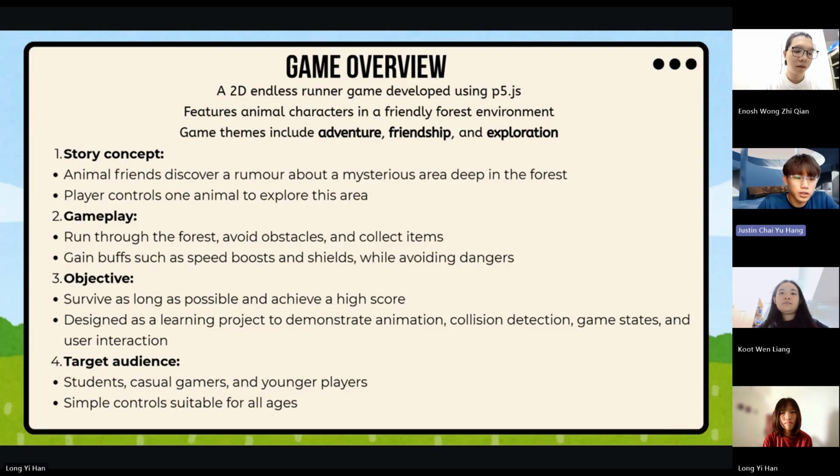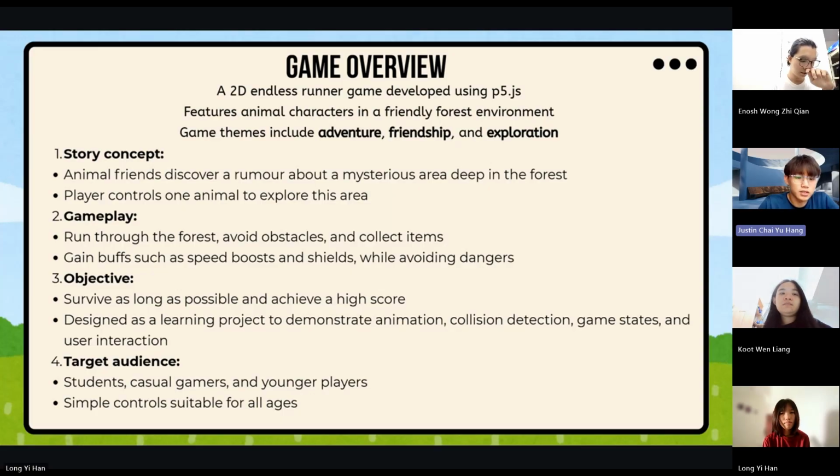For the gameplay, you run through the forest, avoid the obstacles, collect items, and gain buffs such as speed boost and shield while avoiding dangers. The objective of this game is to survive as long as possible and achieve a high score.